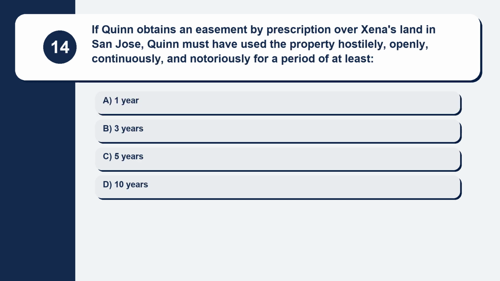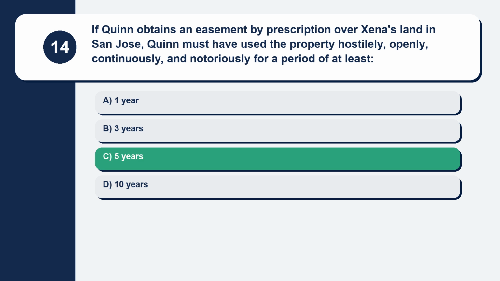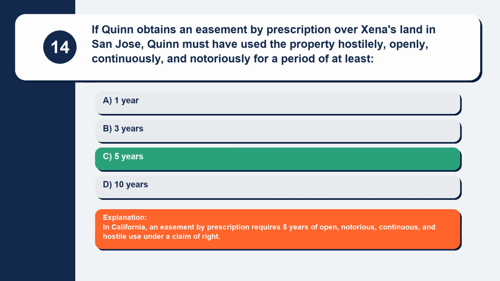Question 14. If Quinn obtains an easement by prescription over Zena's land in San Jose, Quinn must have used the property hostilely, openly, continuously, and notoriously for a period of at least. Here are your options. Option A, 1 year. Option B, 3 years. Option C, 5 years. Option D, 10 years. The correct answer is option C, 5 years. Explanation: in California, an easement by prescription requires 5 years of open, notorious, continuous, and hostile use under a claim